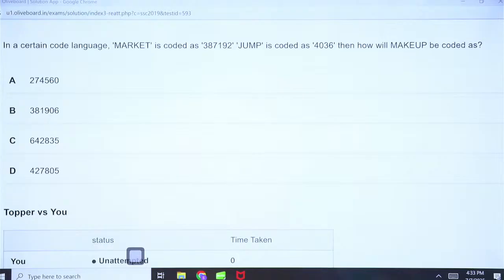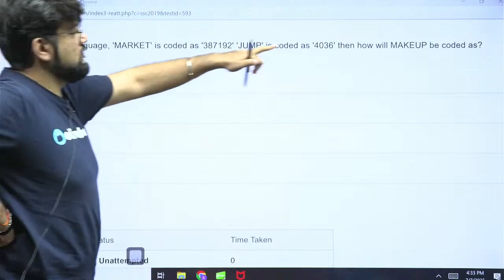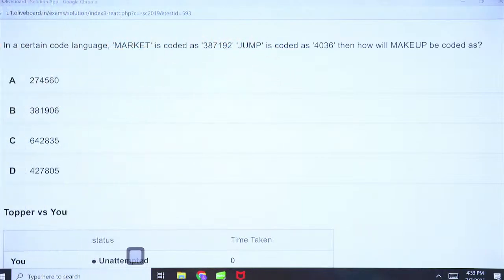Market is coded as this 387192, jump is coded as this, and how will makeup be coded? Now makeup, I think the words, the letters are all here only. So this is most probably a substitution coding. Okay, can I see